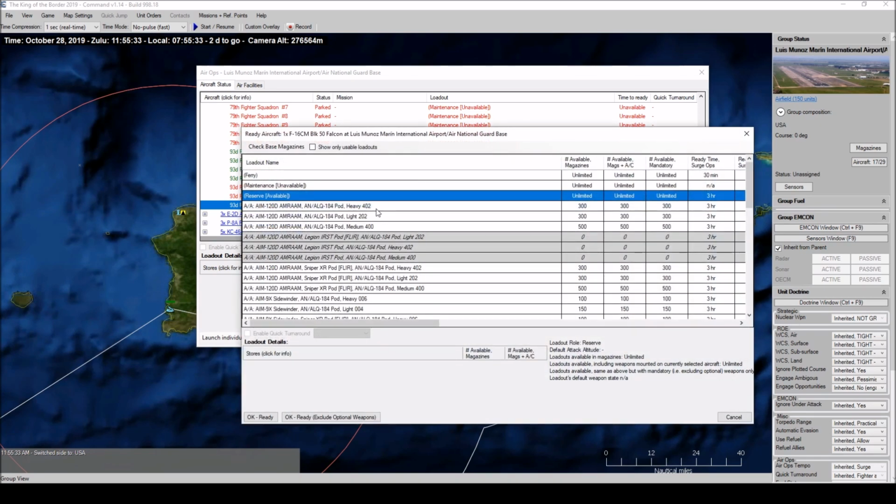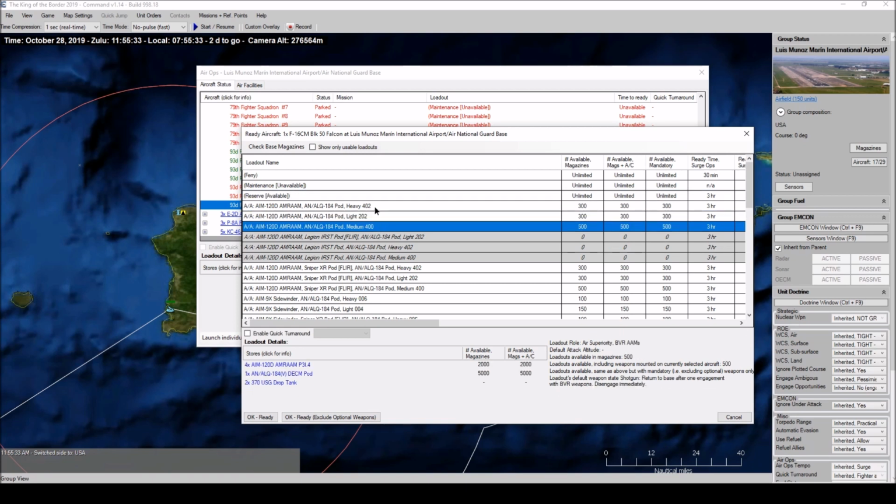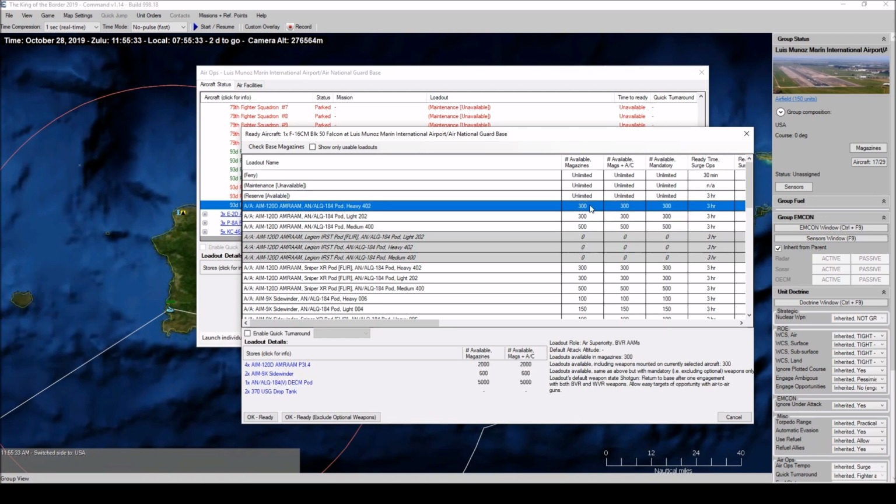We have some options here. We've got medium, light, and heavy loadouts. I do prefer my heavy loadouts. We have plenty of stores on the ground, 300 available heavy loadouts to us. We're not going to run out of missiles at this airbase, so I'd like using the heavy loadout whenever I can. Gives us more options. But I would like to use from this...